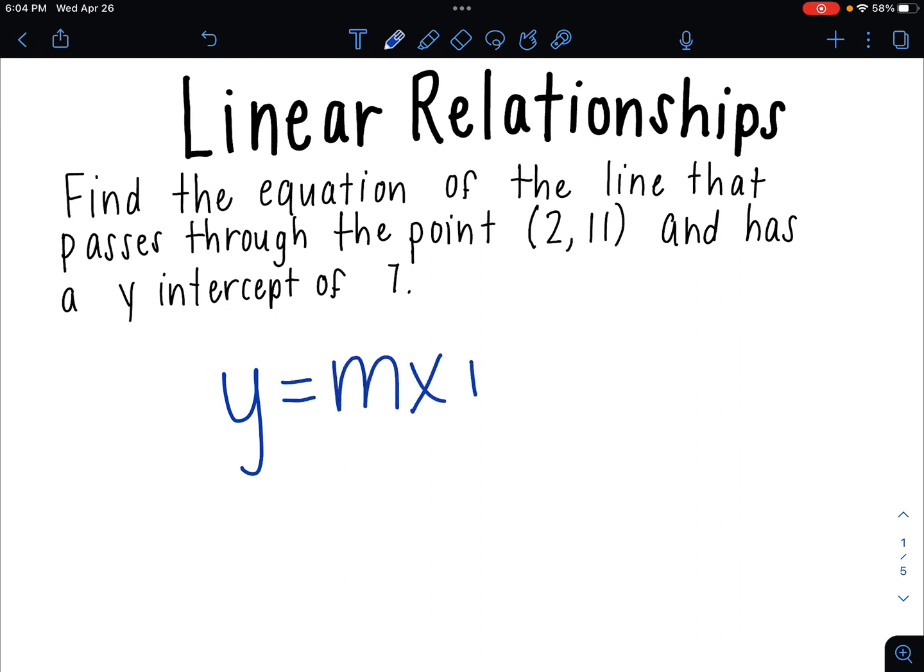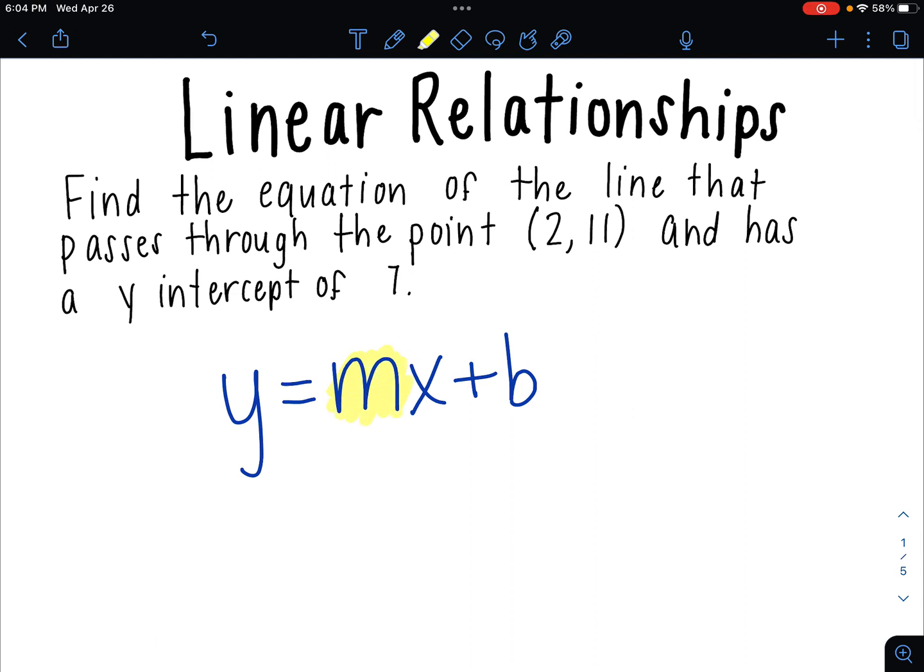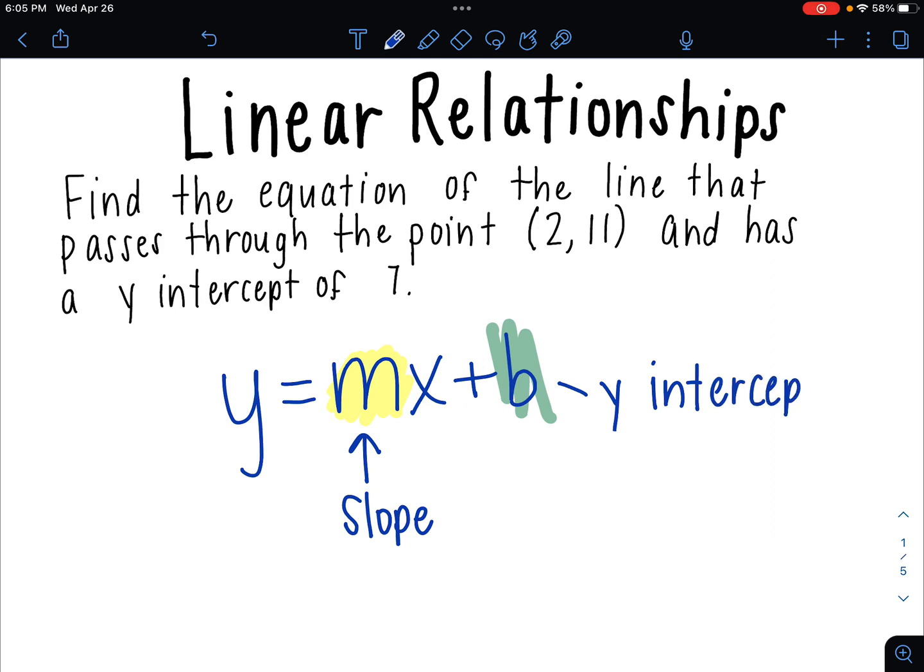Before we look at this first problem, we are going to review what slope-intercept form looks like. This should look familiar to you. We have y equals mx plus b. And in this equation, m is our slope, and b is our y-intercept. So we're going to be referring back to those two terms as we go through this information and through these